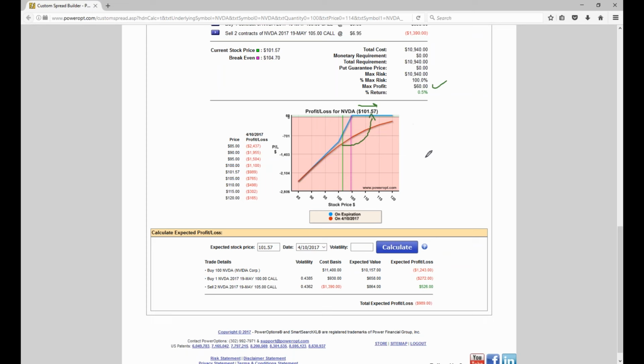It does cap the gain because remember, we do have a covered call. We've sold a 105 call, but we're getting the benefit of this bull call debit spread between 105 and 100, the other short call and the long call. That's the $5 we can get back to get us back to break even faster with a net credit of 460. But this, of course, just like selling a call against it, does not address the downside. If the stock continues to fall, you still could have a loss on the position.